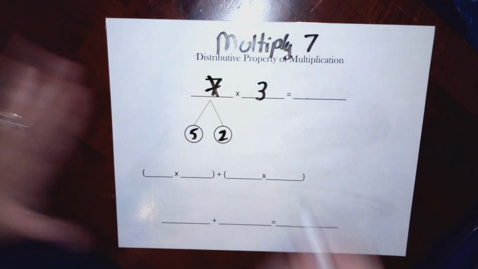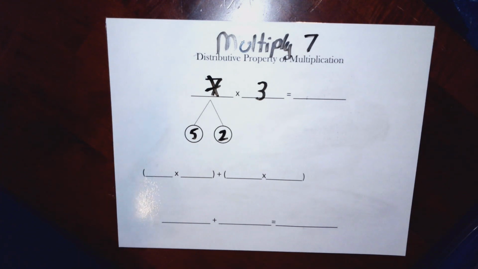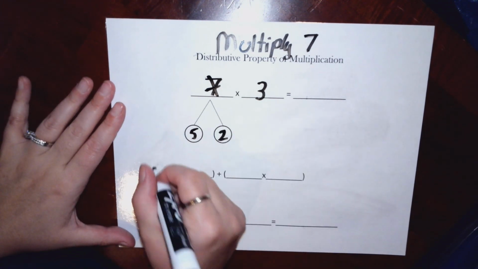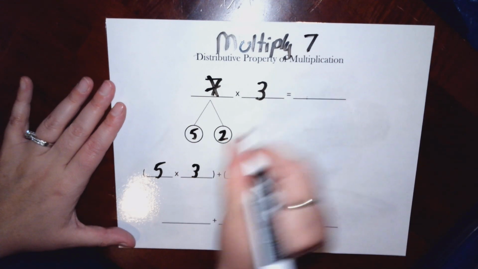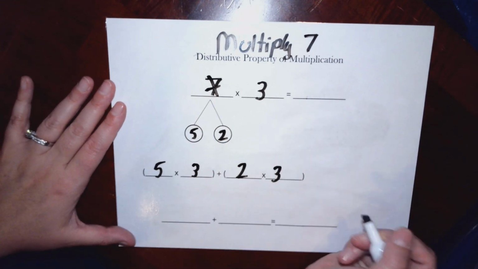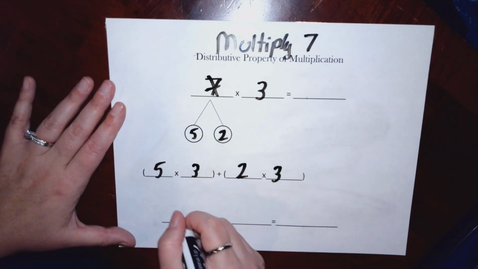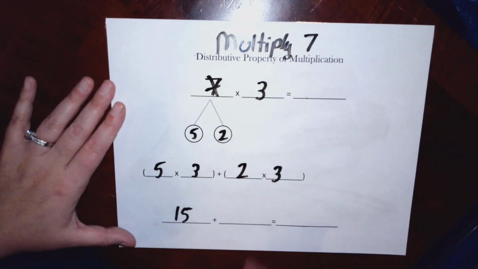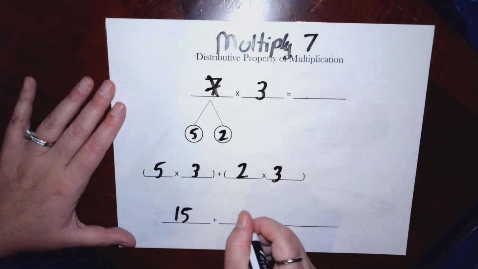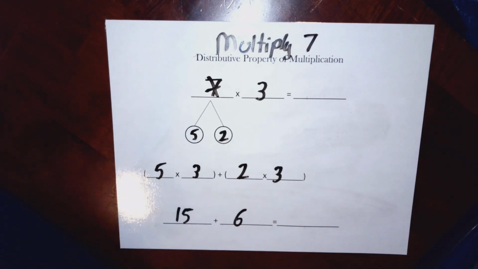So I got rid of the 7 by breaking that into 5 and 2. Now I'm going to distribute it. 5 times 3, 2 times 3. I've multiplied all the numbers, so 3 5s gives me 15. 2 3s gives me 6. Okay, 15 and 6 gives me